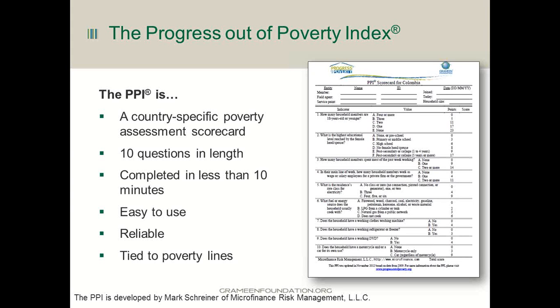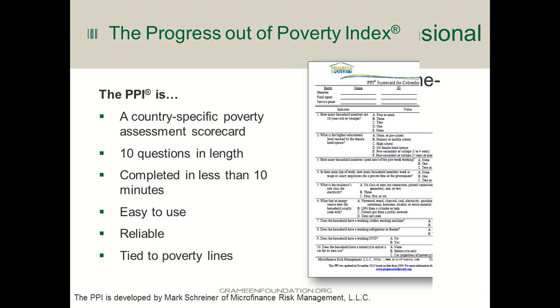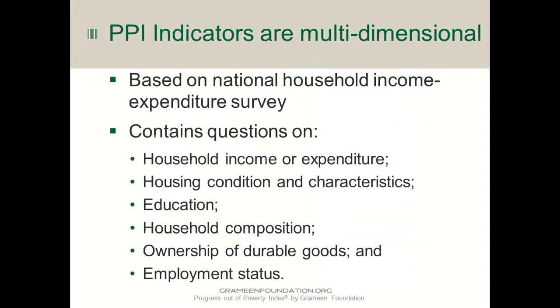Moving to the next slide, I want to talk a little bit about those 10 questions that are in each of these PPI surveys. The surveys are developed based on each country's national household income and expenditure survey, and the 10 questions selected to be in the final scorecard are the ones that are statistically shown to be most correlated to poverty, and those questions end up